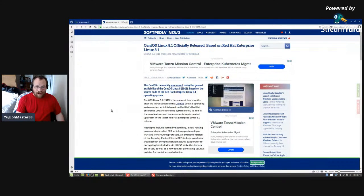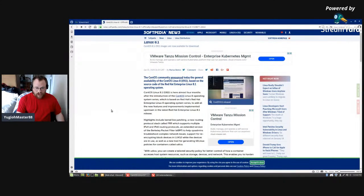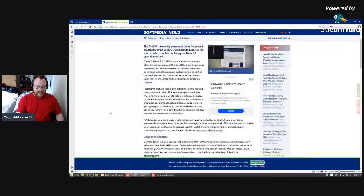live patching, a new routing protocol called FRR, which supports multiple IPv4 and IPv6 routing protocols, an extended version of the Berkeley Packet Filter, eBPF, to help sysadmins troubleshoot complex network issues, support for re-encrypting block devices and LUKS2, also while devices are in use, as well as a new tool for generating SELinux policies for containers called Udica. With Udica, you can create a tailored security policy for better control of how a container accesses host system